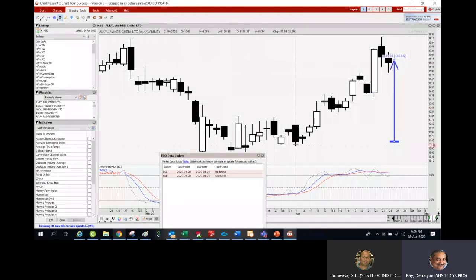That means from this level to this level, the price is up by almost 46%. From this particular date, I will also draw this date, and then this date. So this is that tool. Now the same thing, this is diagrammatically, that means from 1st April to 24th April, it is up by almost 46%.